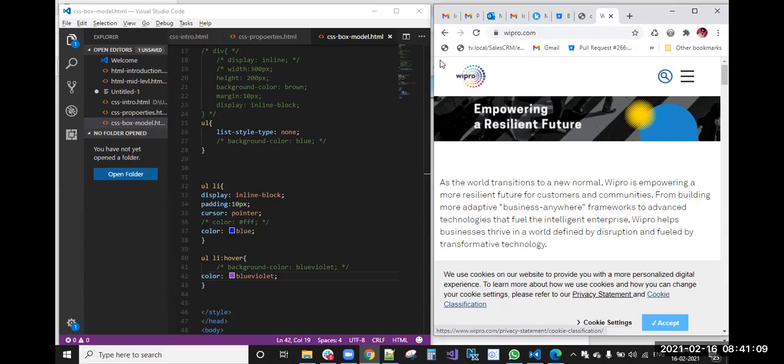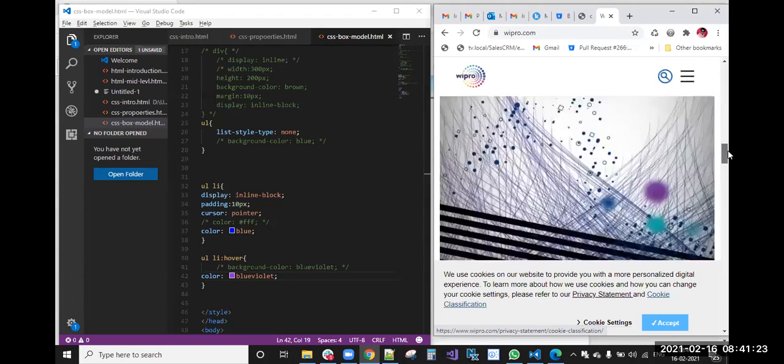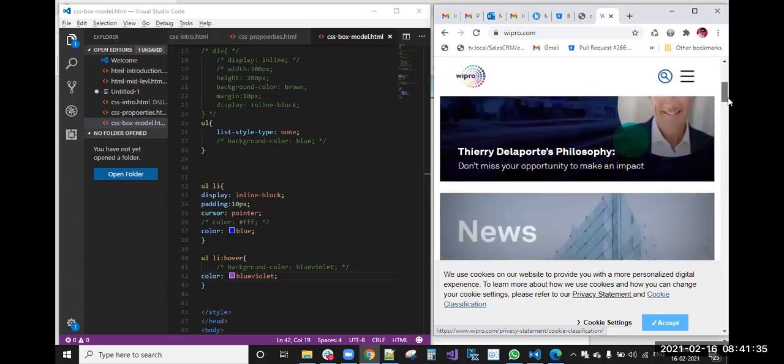If you are not applying any position, it will come here, but he has moved the element from here to here. We get this by using the position properties only. We arrange a particular element in a particular place.